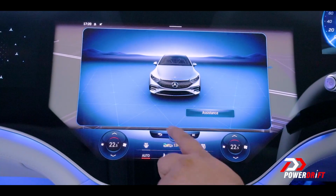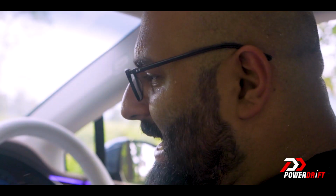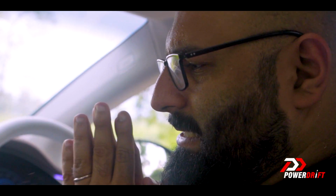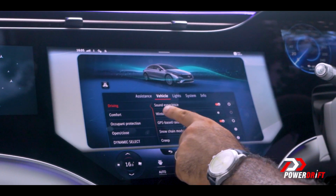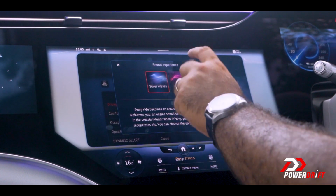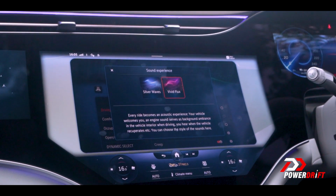Now, obviously, the EQS is a very, very quiet car because it's electric. It doesn't make any noises. So Mercedes thought it'd make things interesting by giving it a soundtrack. There are two to choose from. What you have to do is go into settings here and go to vehicle and sound experiences. And you have, let me show you Vivid Flux first because that's the more sci-fi one. So, when you rev it up,